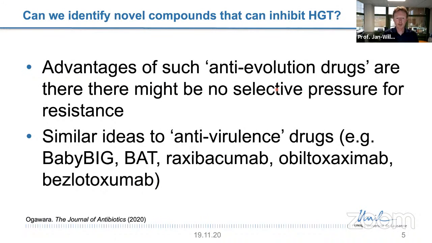We've just heard from Nathaniel that it's pretty hard actually to come up with new antibiotics. You have to do very advanced chemistry, but just screening new compounds, well, people are still doing that, but it's very hard to come up with completely new, different antibiotics with different modes of action. So one idea that we and others are exploring is, can you look for compounds that do not kill the bacteria, but perhaps prevent the spread of resistance or make them less virulent? The advantage of such anti-evolution drugs could be that you do not have this selective pressure, therefore no resistance development. There's a couple of antivirulence drugs on the market for a couple of bacteria, and I think this is also an interesting avenue to explore. So we were wondering, can we find such drugs for pneumococci,